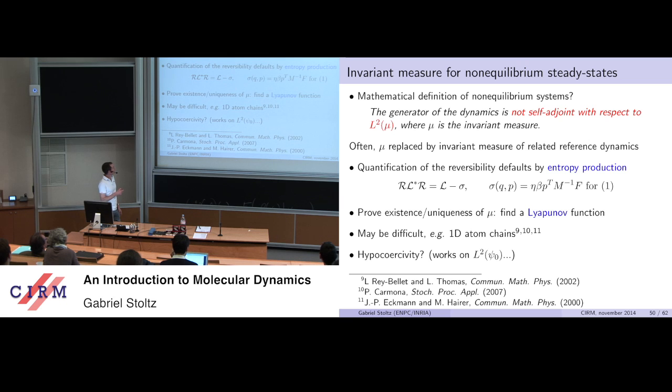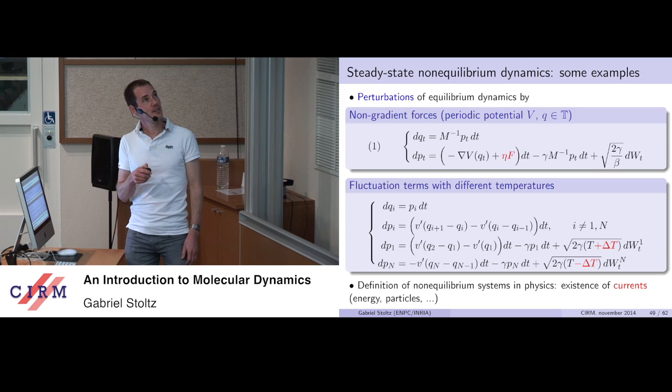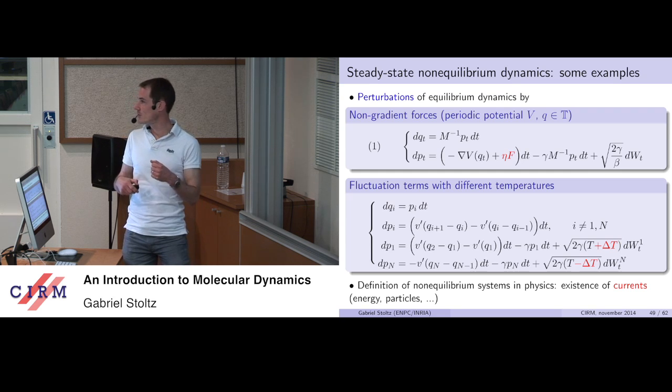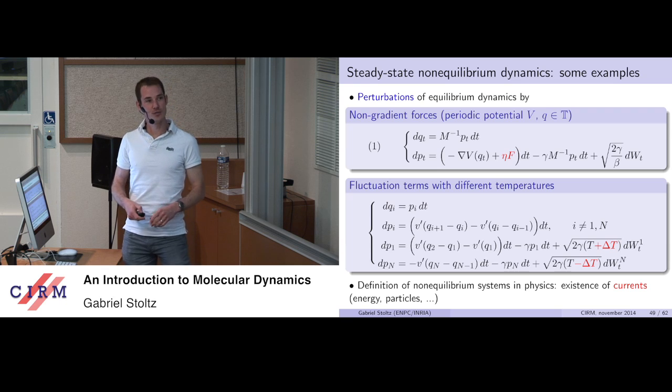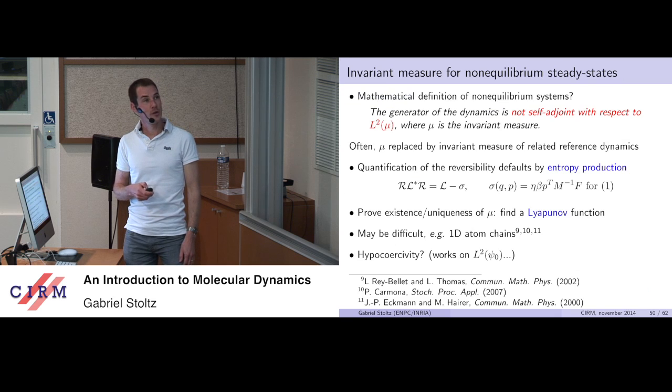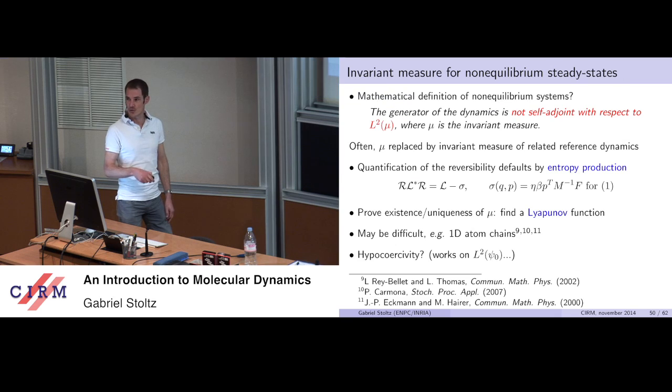And so, the first point with those kinds of dynamics would be to prove that indeed there is a stationary steady state invariant measure. It's difficult to use the techniques I've shown you before, so writing down the generator and plugging in what you believe to be the invariant measure, because in those situations you don't know the expression of the invariant measure. So we will use some perturbative techniques to make sure that indeed there is an invariant measure.